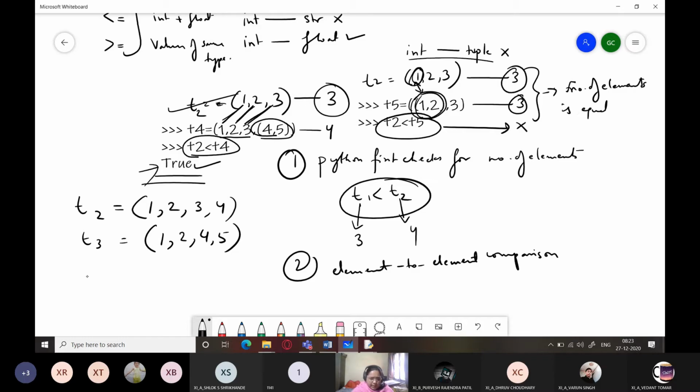So these are the two values. Now the number of elements is the same, so now Python is going to proceed towards actually checking. So my expression is this: T2 less than T3.